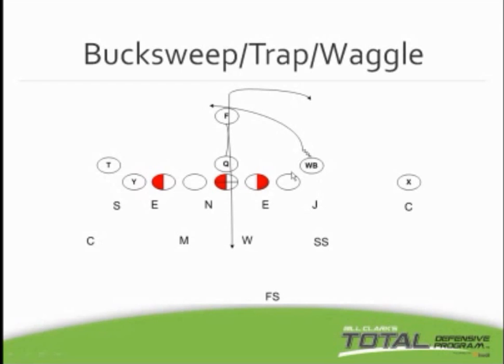What if the fullback went wide? Okay, so what's the three plays off this motion? Not just this motion, but this motion with the fullback in attack: buck sweep, trap, and waggle. So if the fullback went wide, we want the wheel to try and see that and take him to the flat. I already told you the jack is coming across the line of scrimmage. He has got contain. We're going to always check the quarterback, guys. And the reason we do, we want to shut the waggle down weak.